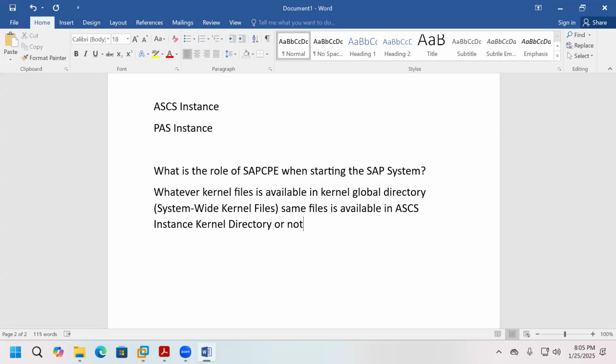There are a lot of kernel files available in the kernel directory. So if you want to check every file, it will take time, no? It is a waste, no? Suppose one train is there, you want to count all the bogies, what will happen? It will take more time. So like that, SAPCP also does not check. Actually their role is checking, but checking takes time and that will be a burden to SAPCP. That's why, when you start the SAP system or when you start the ACS instance,